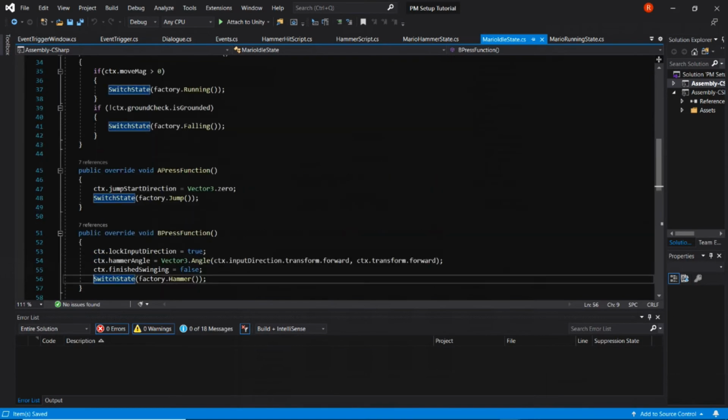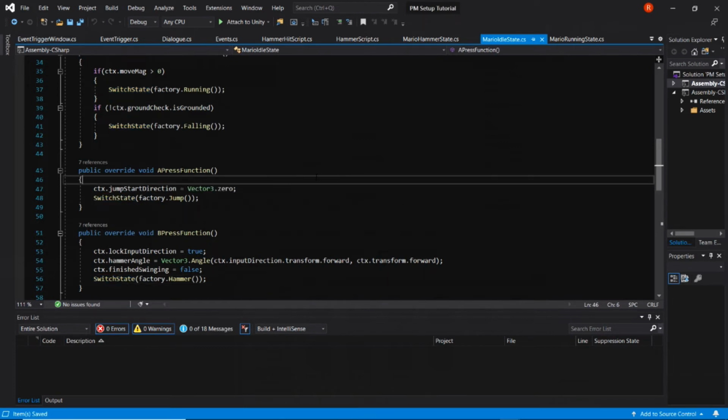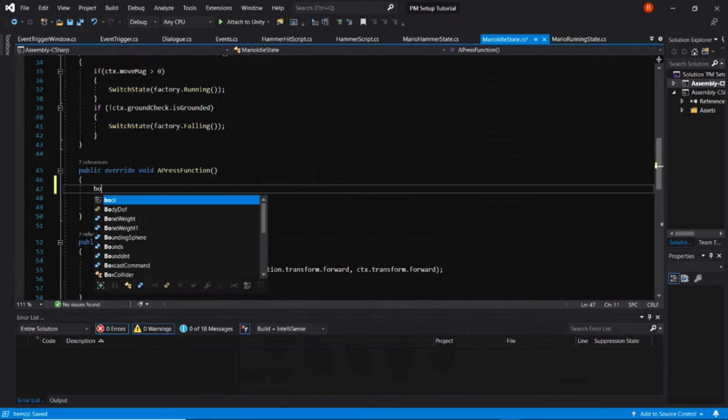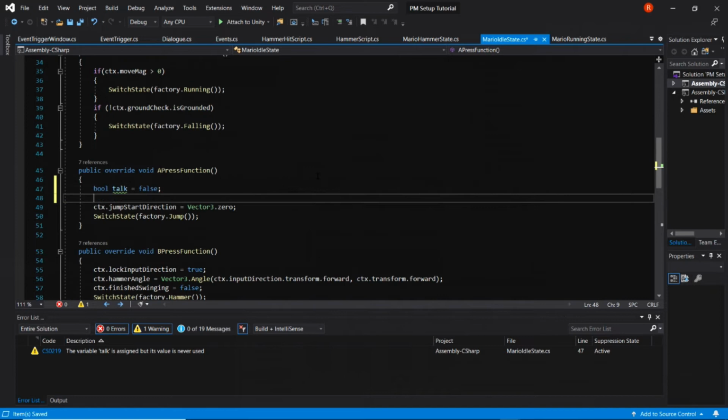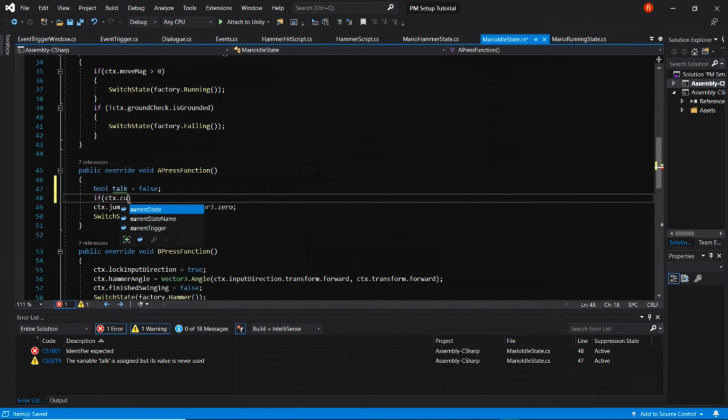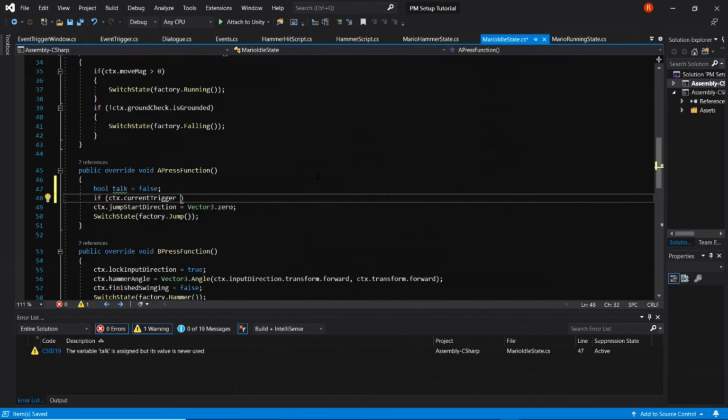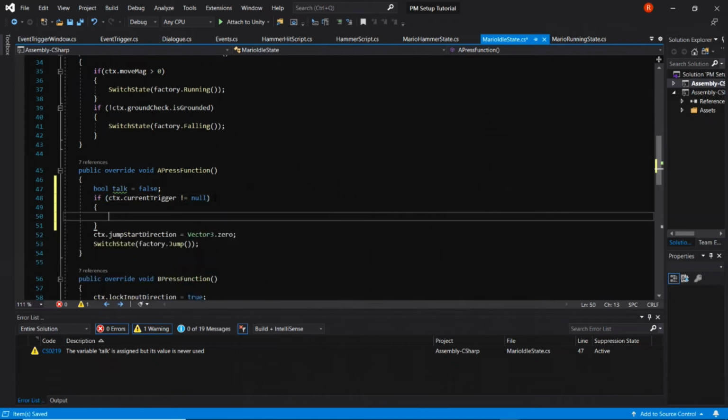So now I'm in the Mario idle state. And in the A press function, I'm going to say bool talk is set to false. And then I'm going to say if ctx.currentTrigger is not equal to null. So the current trigger is if we're inside of an event trigger, this will be set to something. So basically, if we're inside some sort of trigger that we can trigger an event from, then we want to say